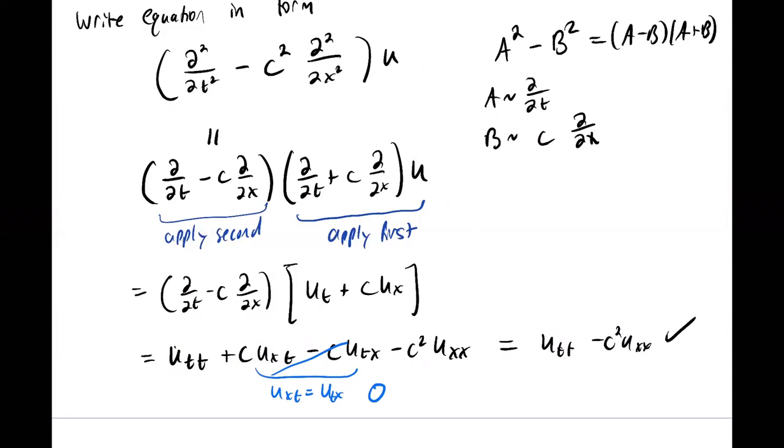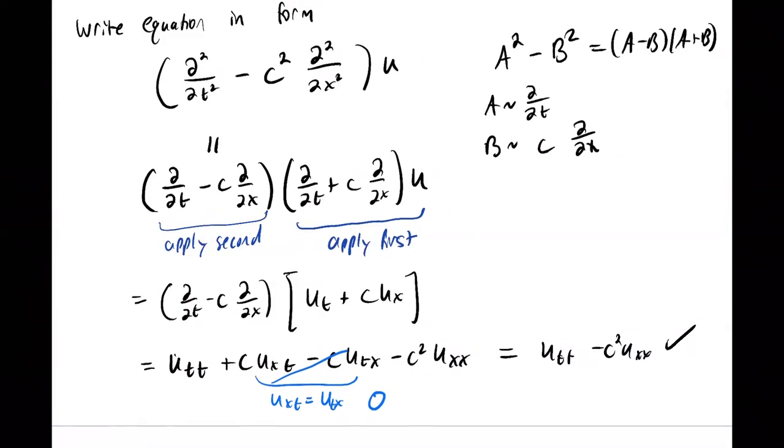And so what this little calculation shows is that this guess related to this formula from algebra is actually valid. So I can actually factor my operator in this way. And so what we just proved here is really just a calculation in taking derivatives. It's kind of a simple exercise. So we just proved that the wave equation also has the form